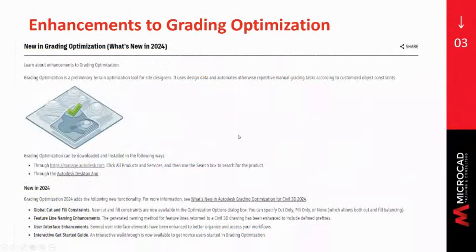We got about 2 minutes left. I'll just mention a couple things here about Autodesk grading optimization. Number one, this is now included in your Civil 3D installation. It's not a separate function. It's part of your Civil 3D subscription, so you don't have to have the AEC collection in order to have